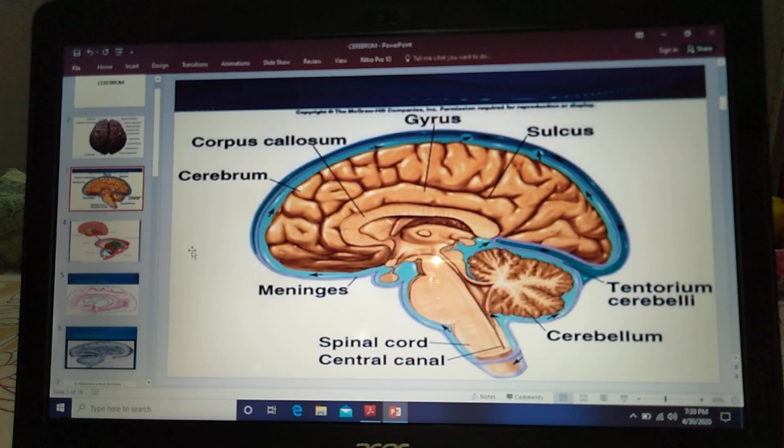Then association fibers are the bundles of axons within the brain that unite different parts of the same cerebral hemisphere, right? Within the cerebral hemisphere, the connection is through the association fibers. And the projection fibers consist of both the afferent and the efferent fibers that couple the brain with the spinal cord. They are the myelinated nerves that are arranged in the columns within the white matter surrounding the grey matter, right? So that is the projection fibers. We will also see the diagrams of all these fibers.